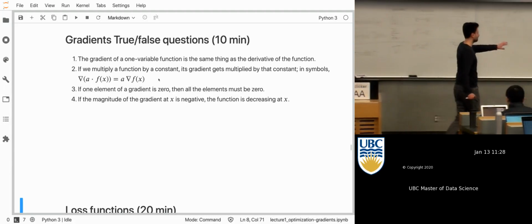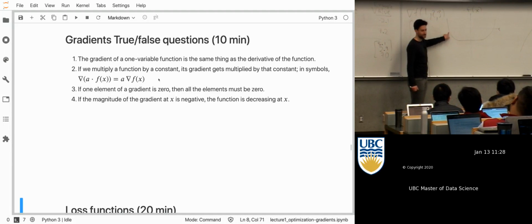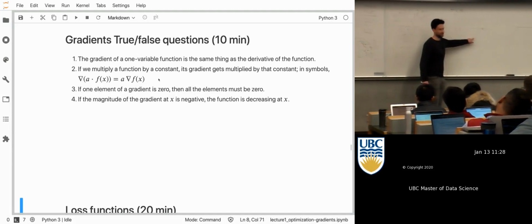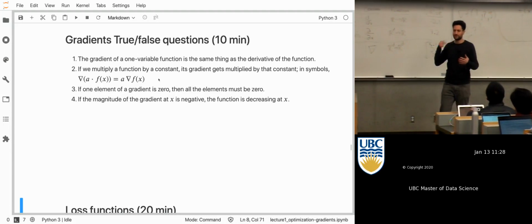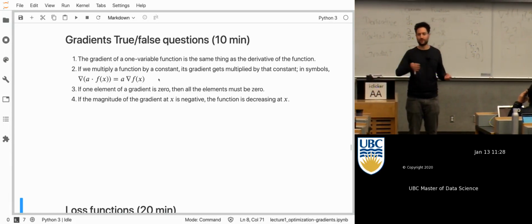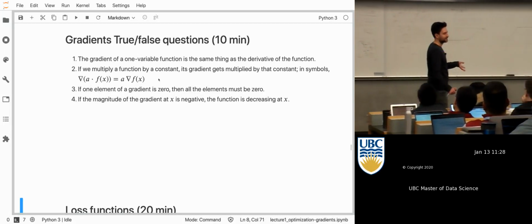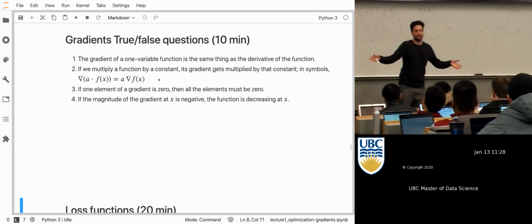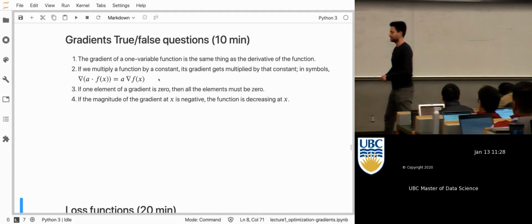Well, back to our one variable world, we learned that here the function is decreasing because it's going down, and here the function is increasing because it's going up, and here it's flat. But when we have a function of multiple variables, that doesn't really make sense unless we specify which direction we're going. So at some point x, is the function increasing or decreasing? Well, it might be increasing if I go that way and decreasing if I go that way. So